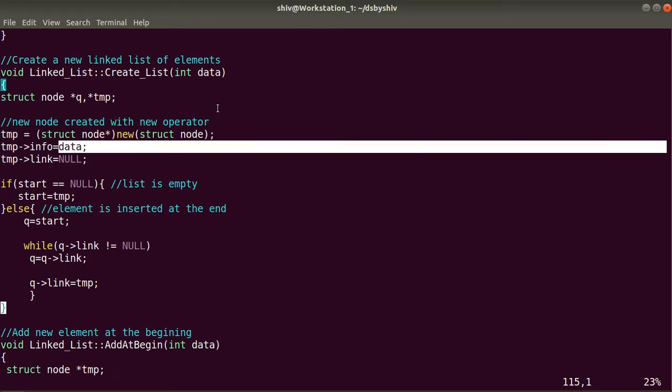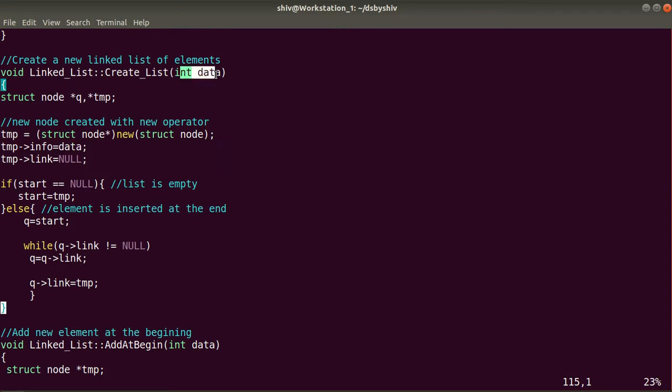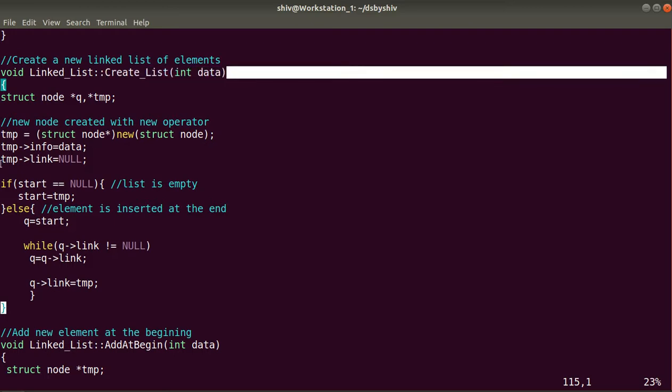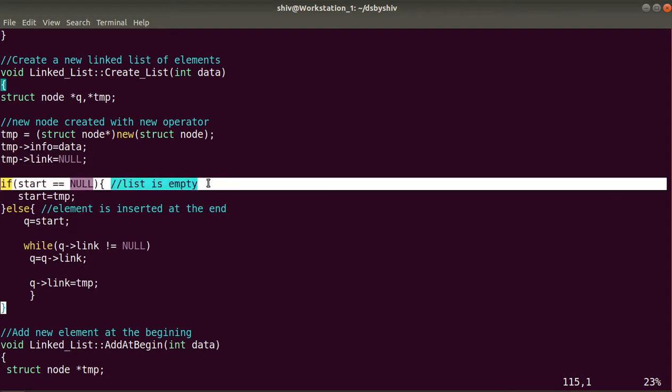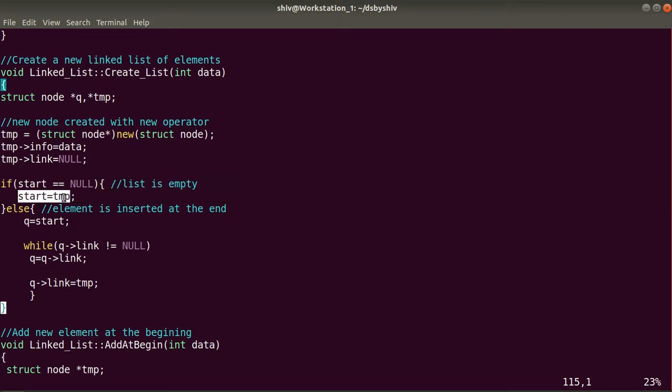We'll assign the data coming from here, which we will pass in this create method where we call it. And in the link part we will assign null, meaning the address will contain null. So if start is equal to null, then the list is empty, and the temp address will be assigned to start, meaning temp will be the first node.